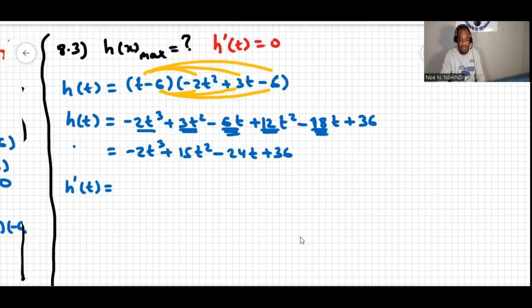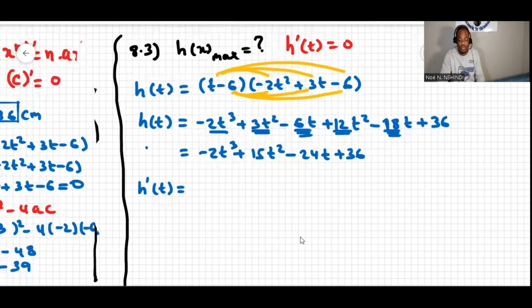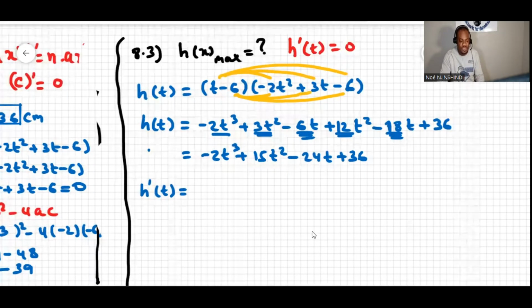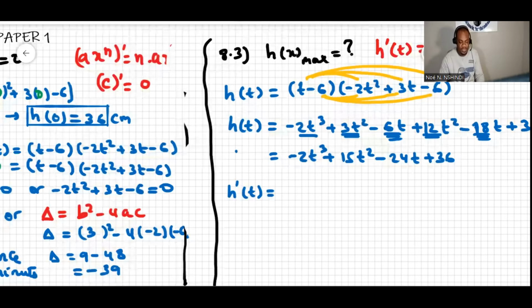When we differentiate a polynomial, we differentiate each term of the polynomial, okay? Remember the formula for the derivative: the terms of the polynomial are of the form a x to the power of n. So when we differentiate, it's going to be n times a times x to the power of n minus 1. Now, over here, for this term,